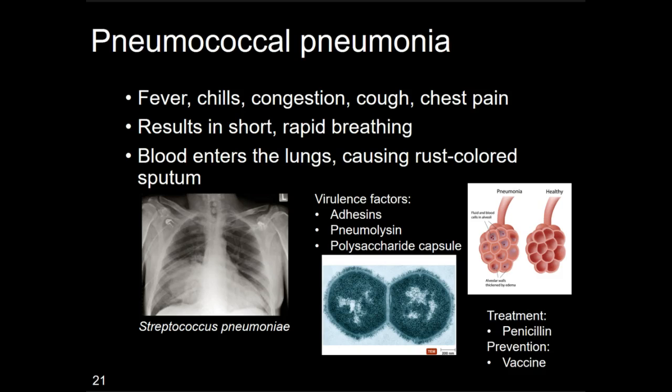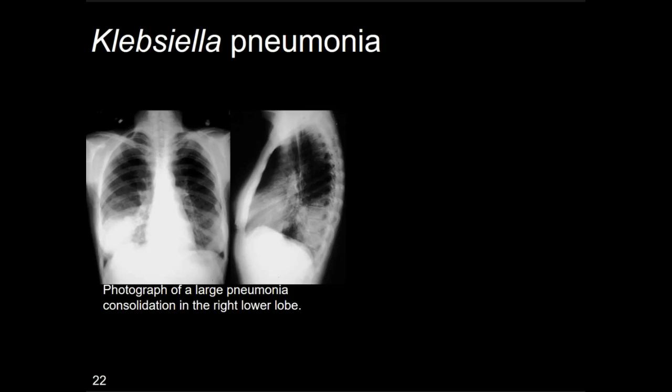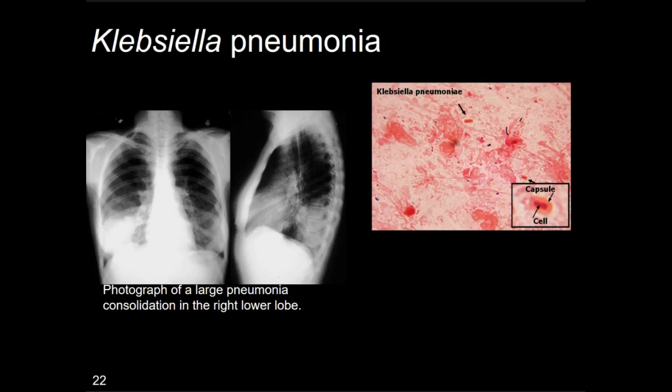Treatment is with penicillin, and there is a vaccine to prevent infections. There are now some strains of Streptococcus pneumonia that are penicillin resistant. Another microbe that can cause pneumonia is Klebsiella. Klebsiella pneumonia is often characterized by, again, that thick sputum and infection deep in the alveola, but it's also characterized